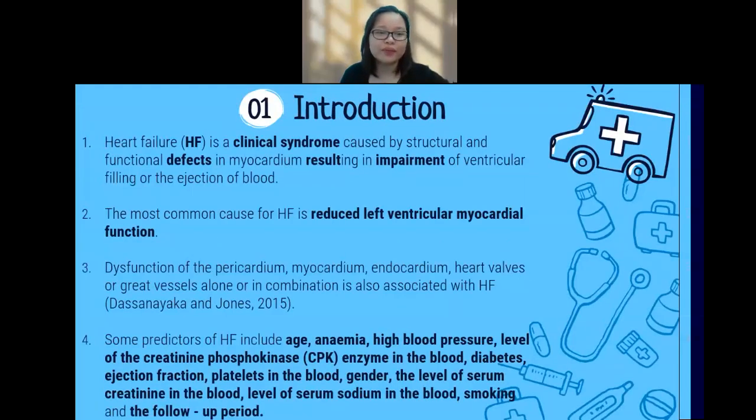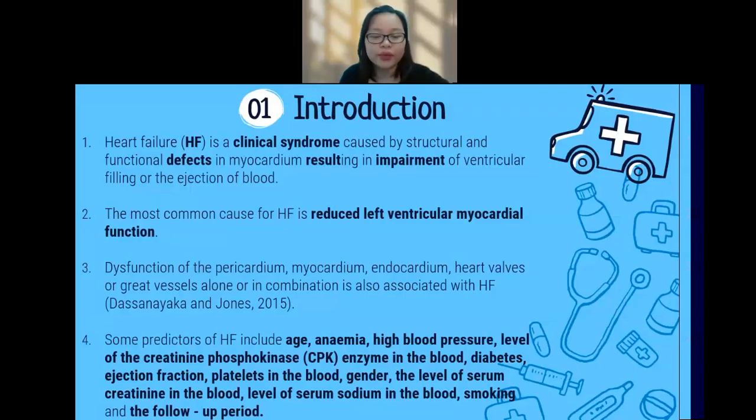For the introduction, heart failure is a clinical syndrome caused by structural and functional defects in the myocardium, resulting in impairment of ventricular filling or the ejection of blood. The most common cause of heart failure is reduced left ventricular myocardial function. Functional abnormalities of the pericardium, myocardium, endocardium, heart valve, or blood vessels, alone or in combination, are also associated with